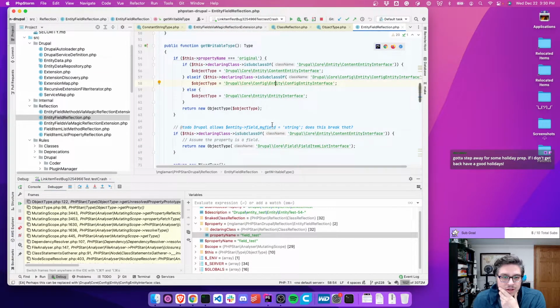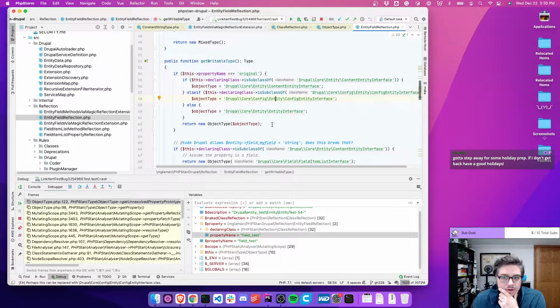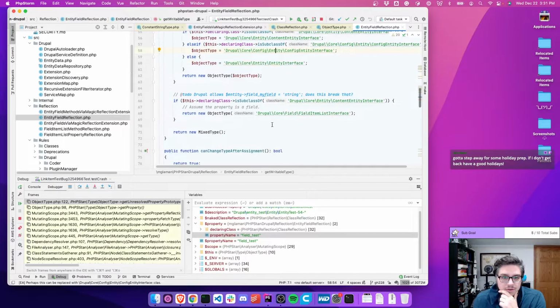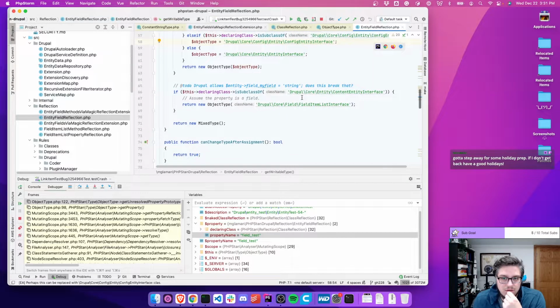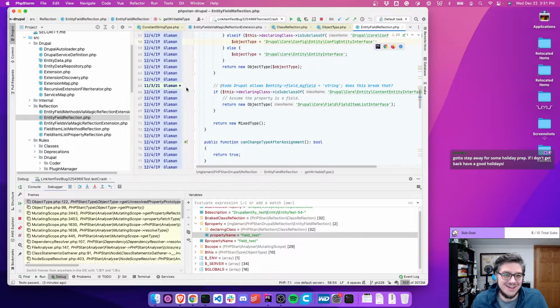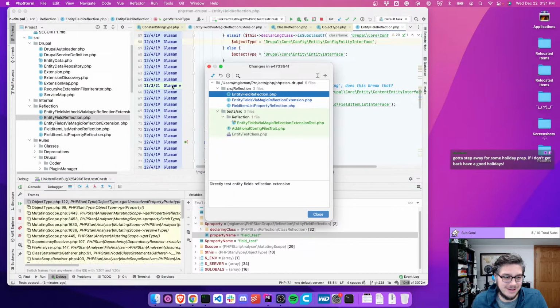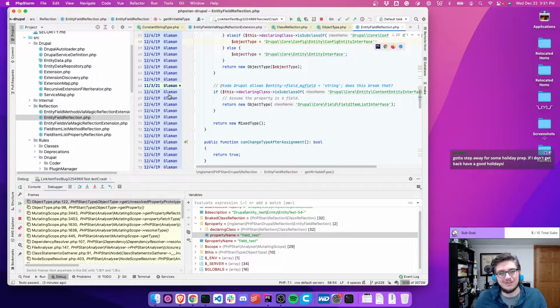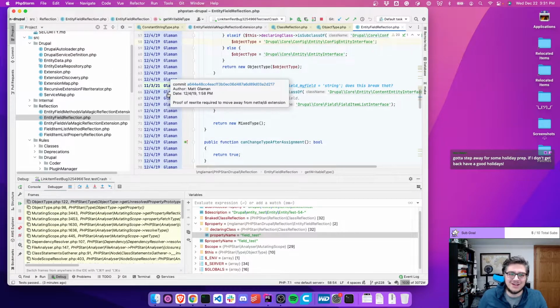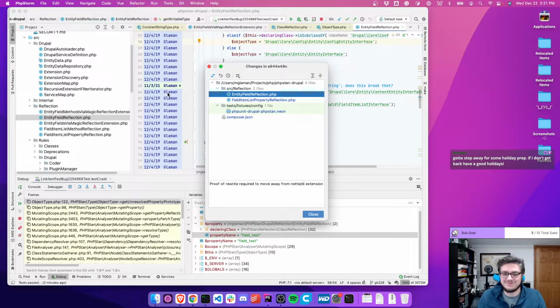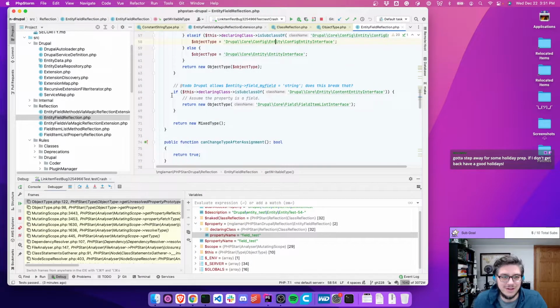Get writable type, if is original. If declaring class is, there's a to do from, okay, but this code is, again, it's almost 2 years old now. Actually, yeah, it's 2 years old, and this was